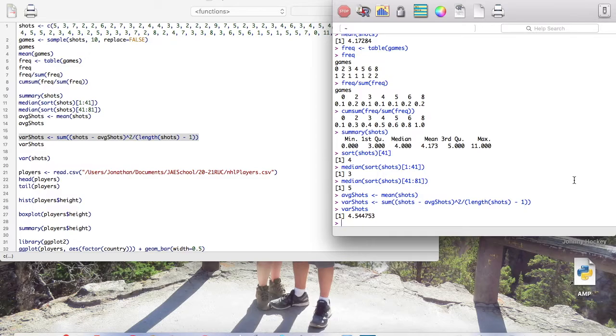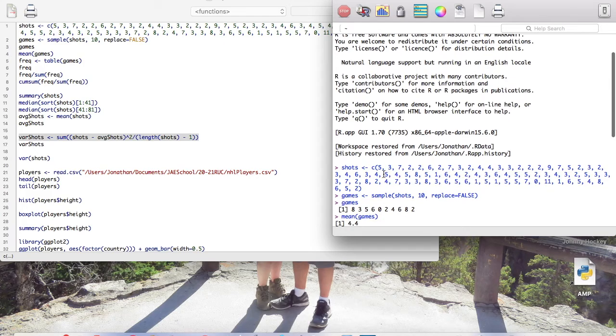So what that would say is that for a typical game, you would expect the bulk of the games, the number of shots for Ovechkin, is going to be within 4.17 plus or minus the square root of the variance. And the square root of the variance is referred to as the standard deviation. Okay, so